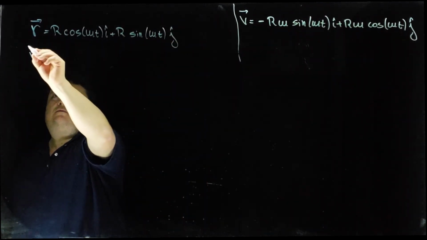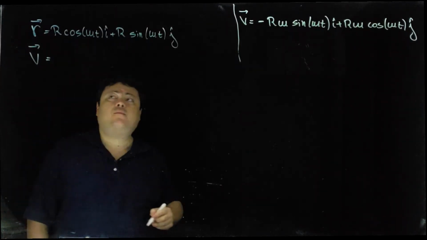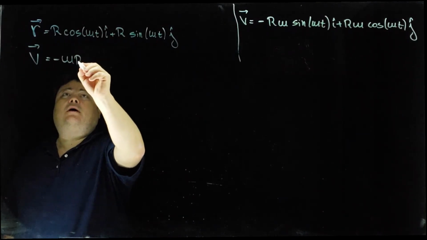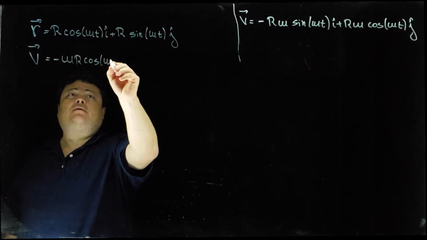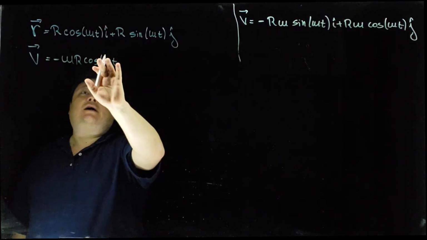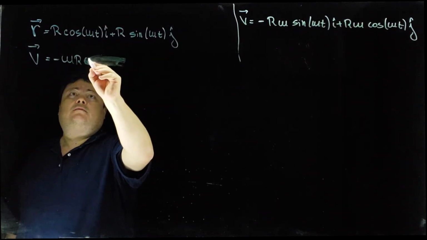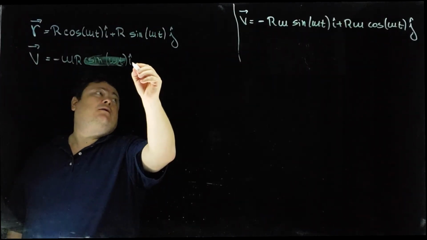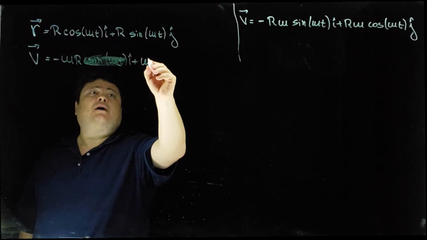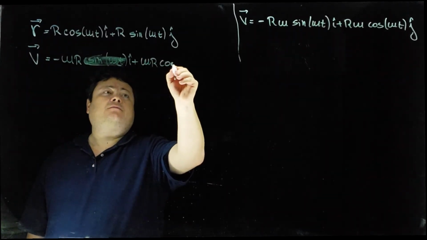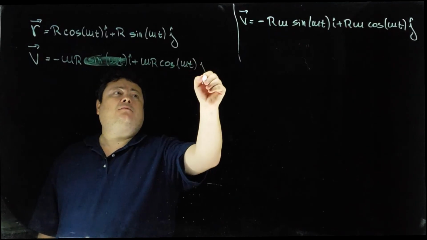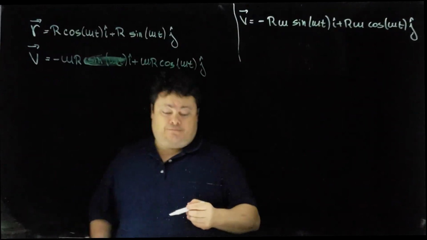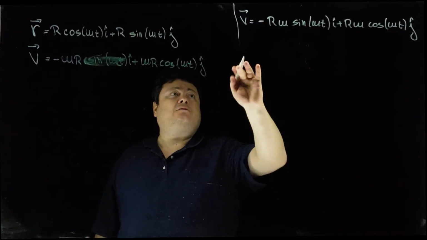The velocity is given by negative omega r sine omega t i hat plus omega r cosine omega t j hat. Now I want to know the acceleration. And acceleration,